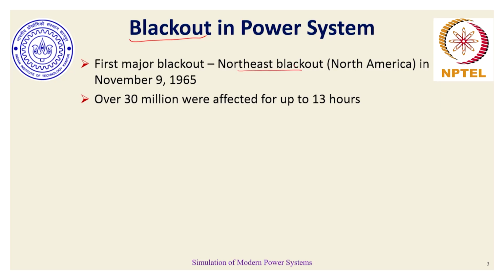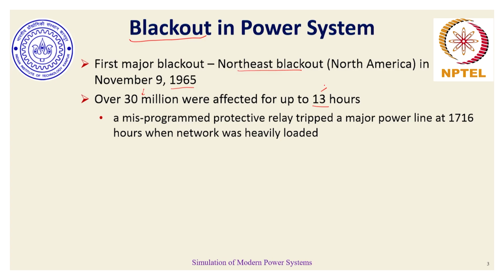In a general sense, blackout also means that the entire network was affected. One of the first reported major blackouts was the Northeast blackout in 1965, in which almost 30 million people were affected for close to 13 hours. And the reason why this network was blacked out, why so many people lost the luxury of electricity for so many hours, was because